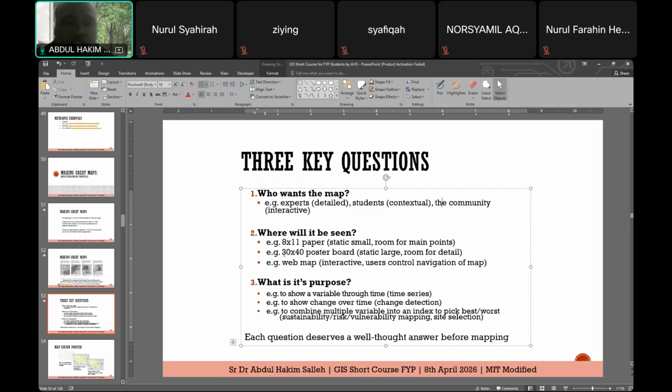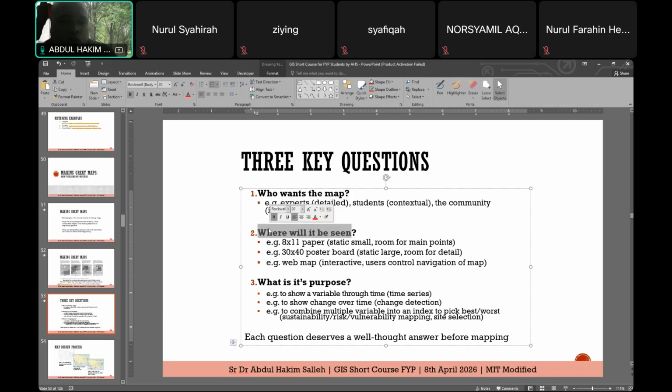Example, okay, that will be the example. The example given last 2 weeks to your friends is the wedding invitation card. The wedding invitation card needs to be simplified, generalized, in order that the visitors, okay, the ones who wanted to attend the weddings, can find the wedding hall or the wedding location much easier. Okay, so you need to understand this. Where will it be seen?